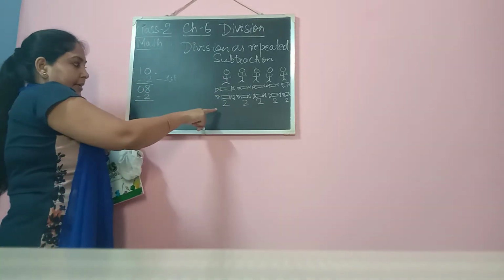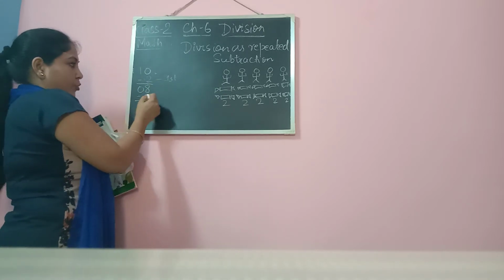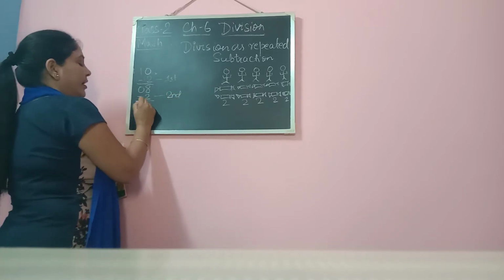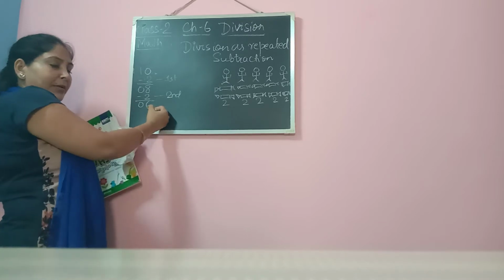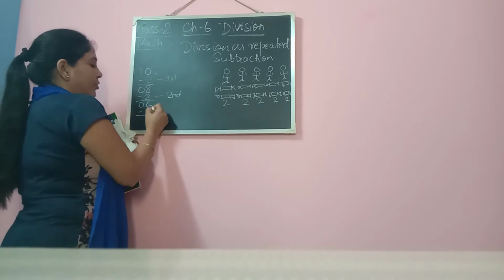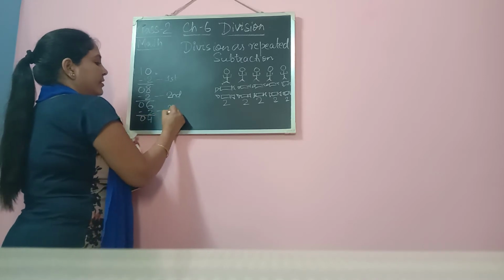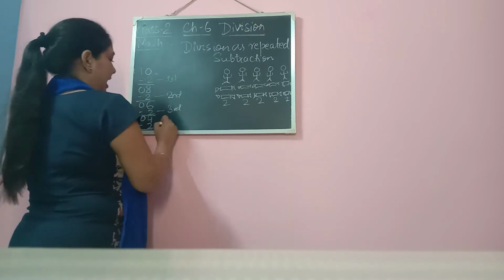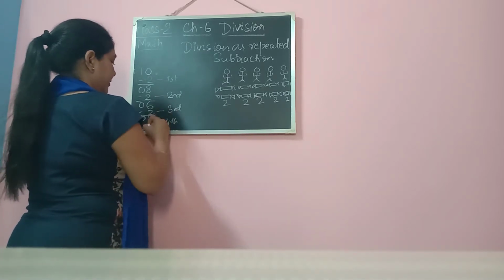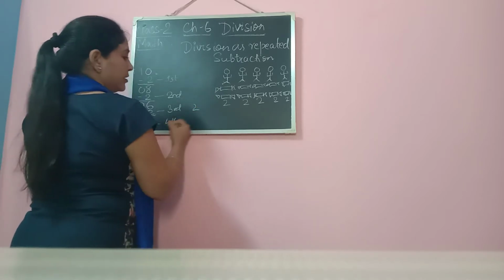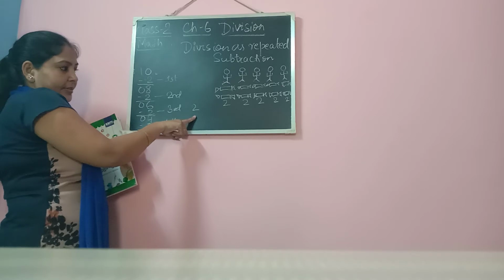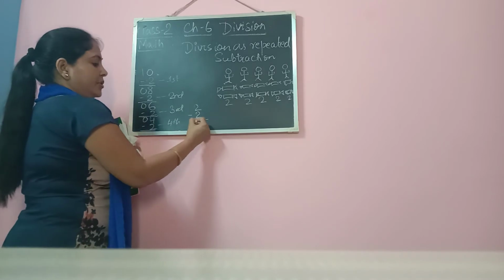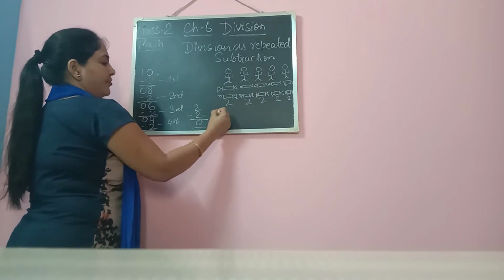So I have to subtract 2 from the previous number. Now this is the second time. Now here 6 is left. Again some number is there, so again I am going to subtract 2. Then 4. This is the third time. Then the fourth time when I subtract, I get 2. I'll write here. Still I have 2, it is not 0 yet. So again I will subtract another 2. Now 2 minus 2 is 0. This is the fifth time.